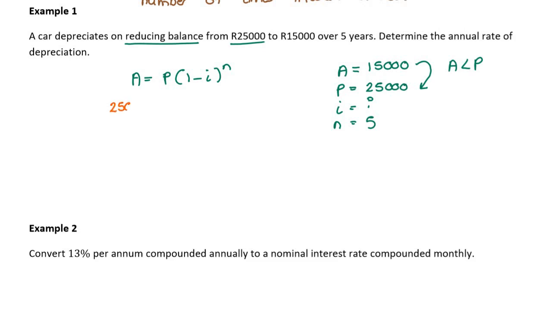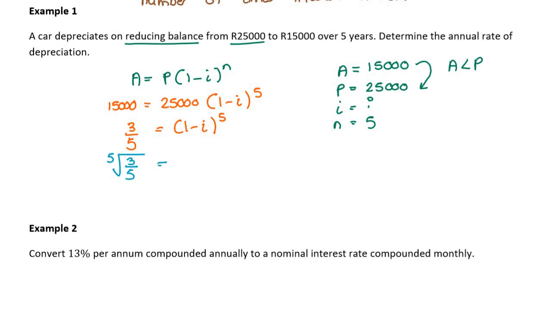So very quickly, this is 25,000. Oh, you see now I'm already making that mistake because I'm so used to A being bigger. So 15,000 equals 25,000 times (1 minus i) to the power of 5. I would then divide by 25,000 on both sides. I'd use my calculator, and I'd get 3 over 5. Then I need to get rid of an exponent of 5, so I would fifth root both sides. So I'd basically get the fifth root of 3 over 5 equals 1 minus i,